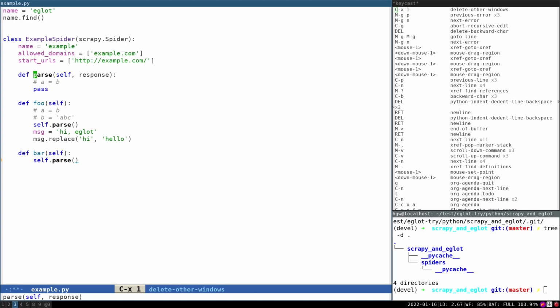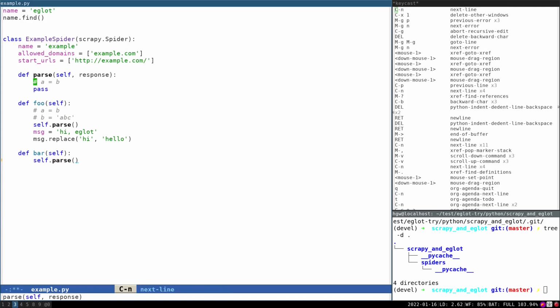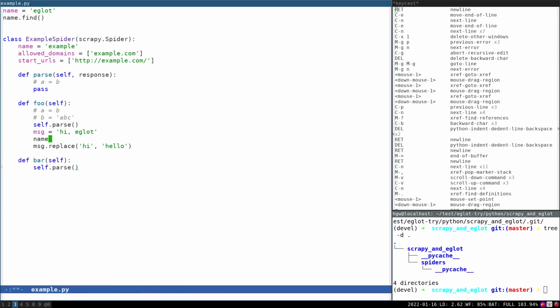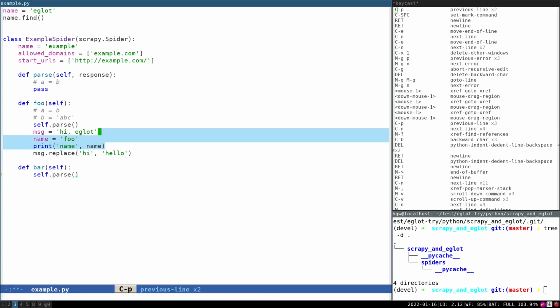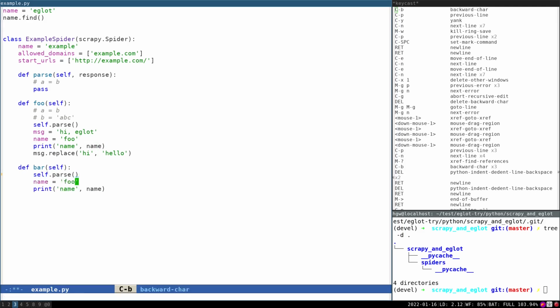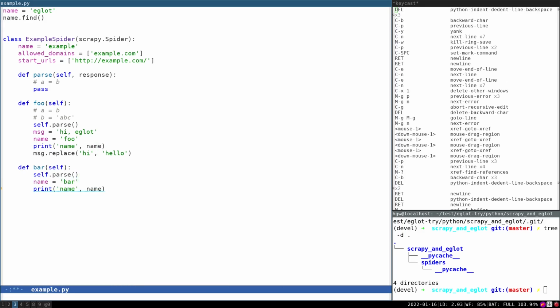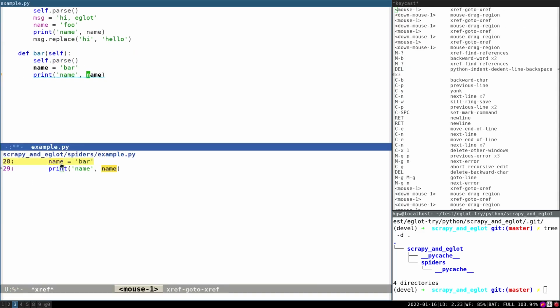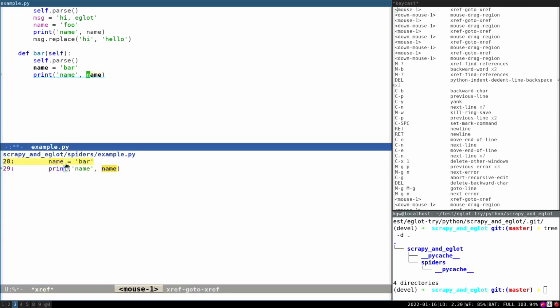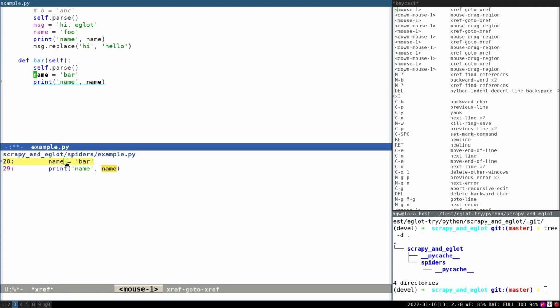So for example, if we define a variable name in two functions, and then find the references for name in one of the functions, it will only show us the references in this bar function. Nice.